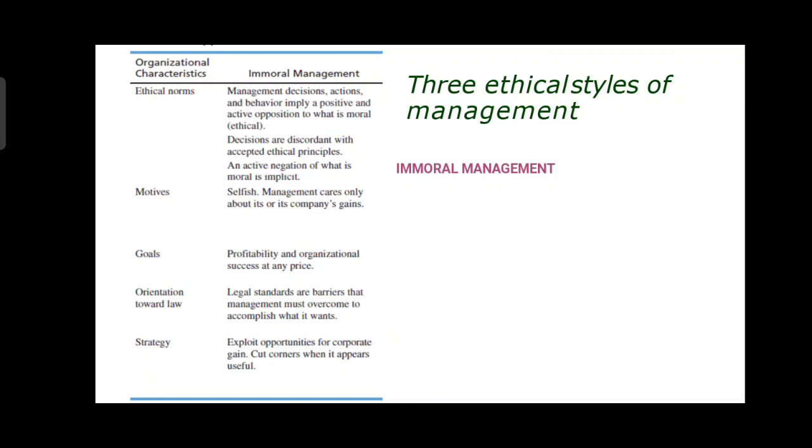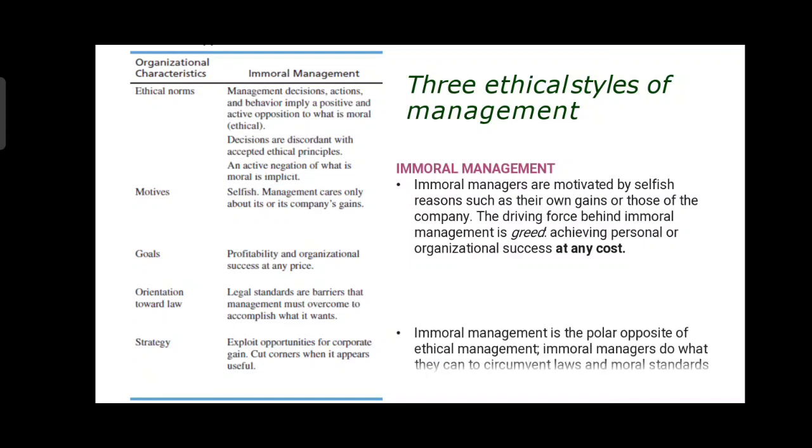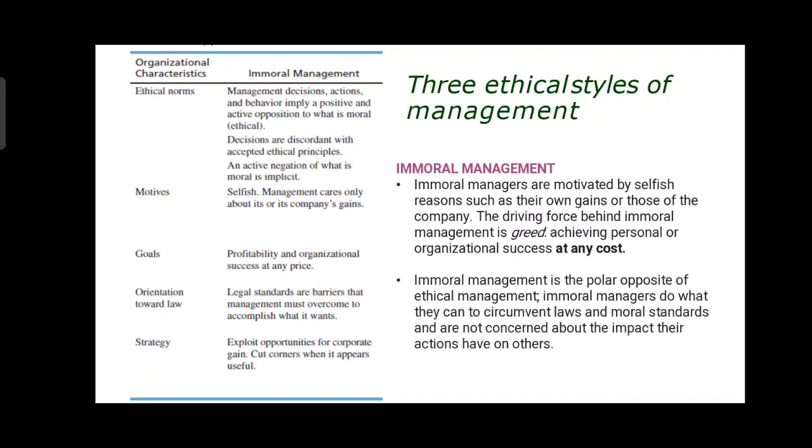So sa immoral management class, immoral managers are motivated by selfish reasons such as their own gains or those of the company. So the driving force behind immoral management is greed, achieving personal or organizational success at any cost. So yan ang immoral na management, the polar opposite of ethical management. Immoral managers do what they can to circumvent laws and moral standards